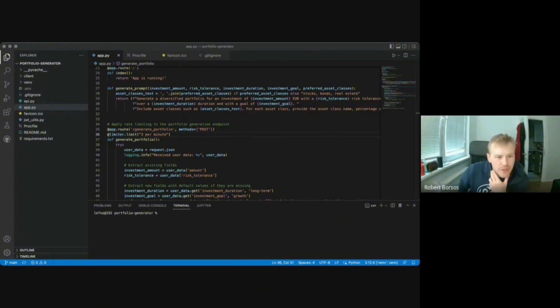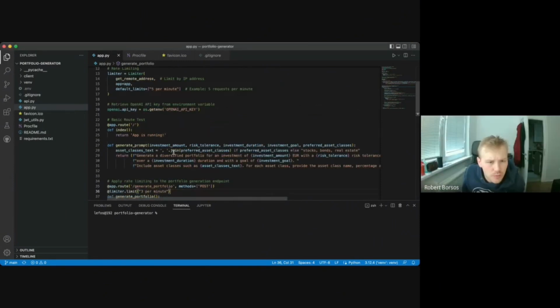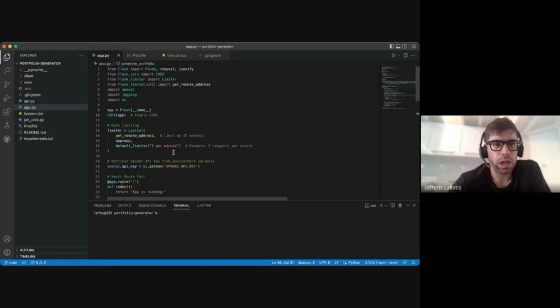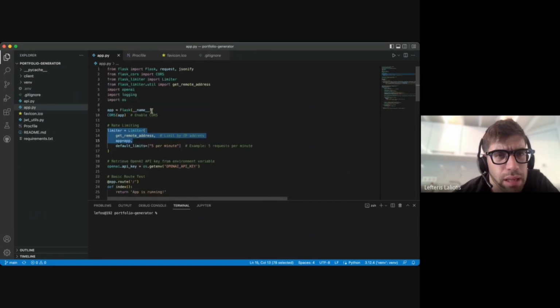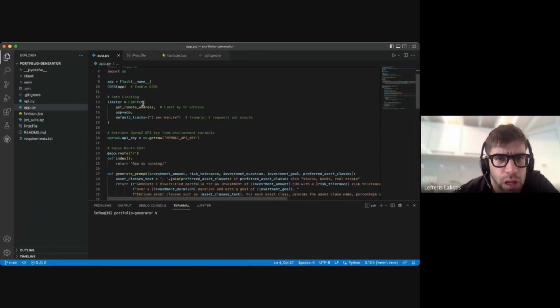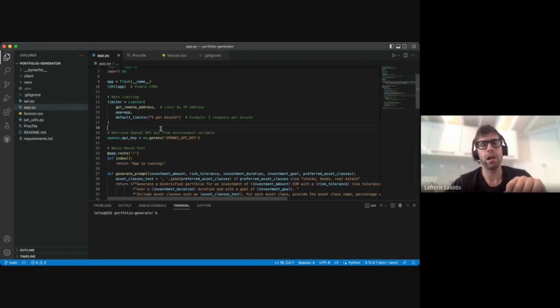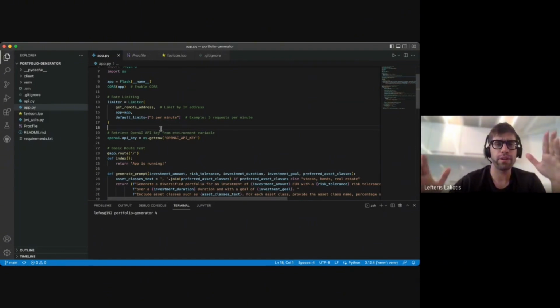This generate prompt, can you explain a little bit more on the variables and what these get? Okay, so I'm going to start from the beginning. The first thing I have implemented here is a limiter, also I think it's a Flask limiter. You just import it, and I'm trying to prevent users from abusing the system, like generating a lot of portfolios over a very short period of time. So I'm just throwing an error to just wait.